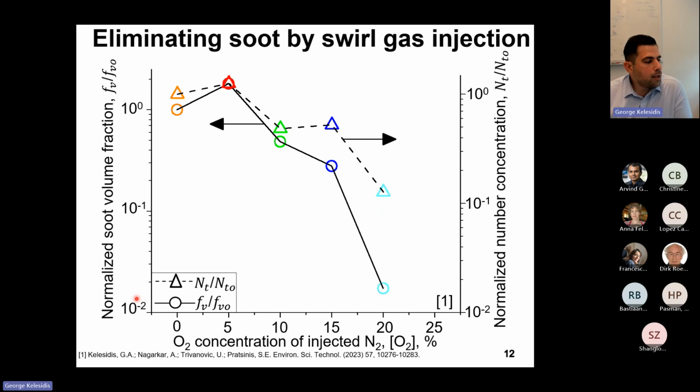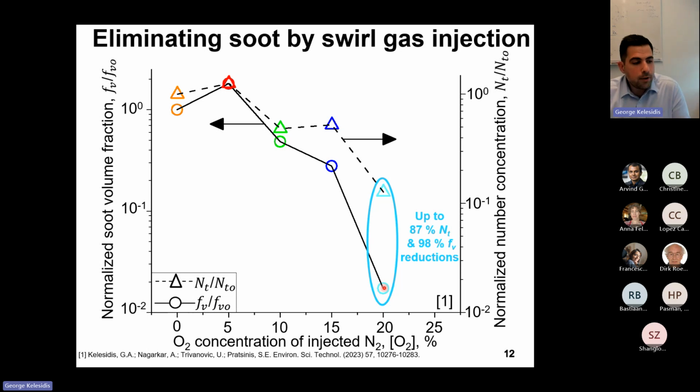Similarly, on the y-axis at the left-hand side of this plot, I'm presenting you the normalized soot volume fraction. So again, when we inject just 5% of oxygen, you can see that the soot volume fraction actually increases by about 40%. But as we further increase the oxygen concentration in the injected nitrogen gas, actually the soot volume fraction decreases up to 98%. So these large reductions that we attained by a judicious air injection in the lean zone